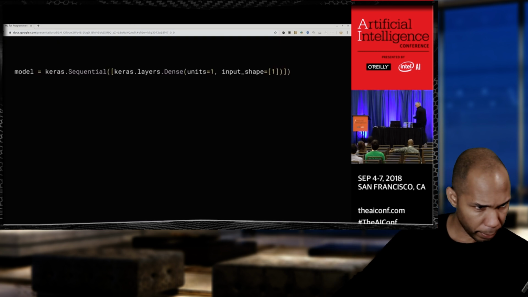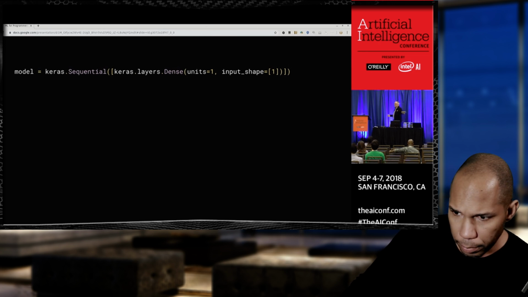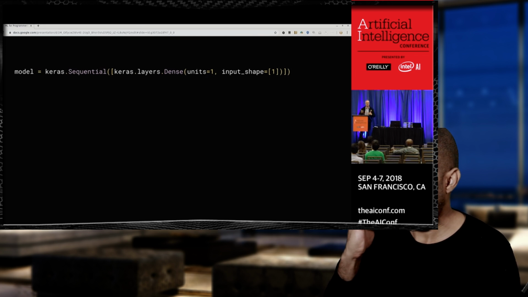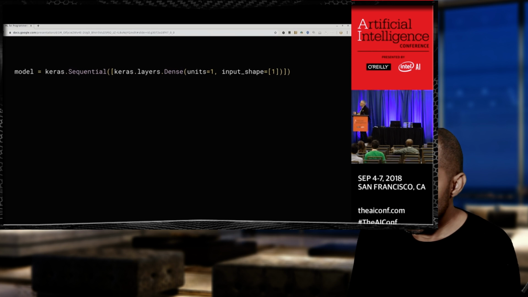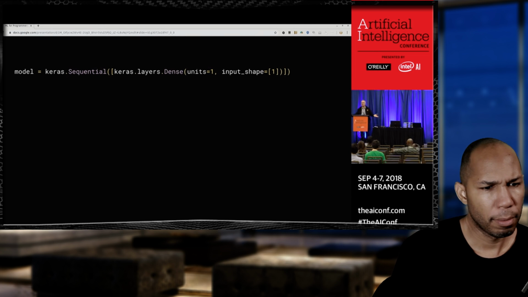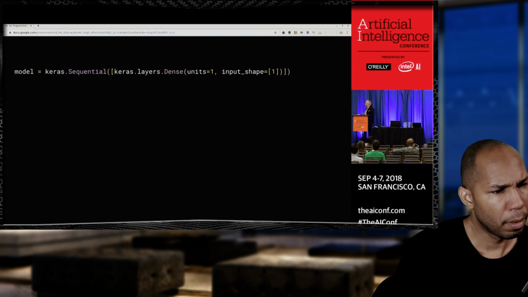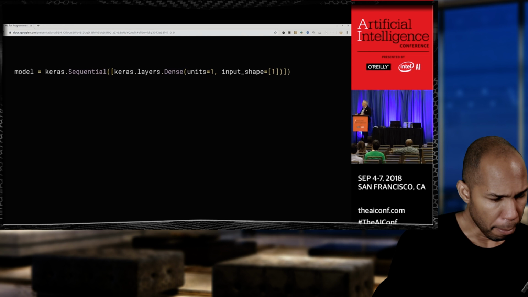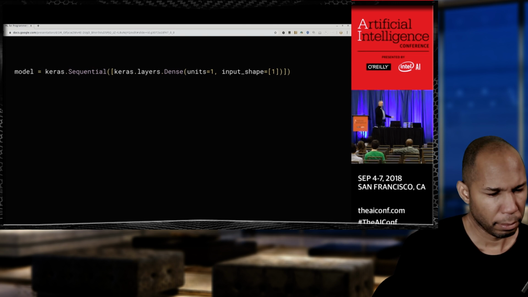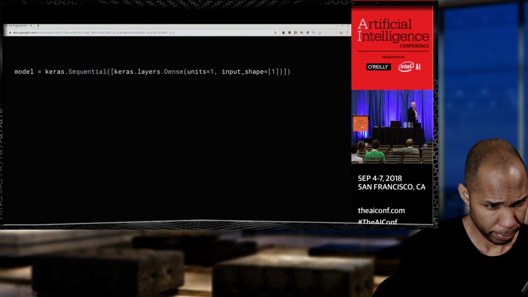So using TensorFlow and using Keras, I don't have the code on my laptop, so I got to look back at the screen, sorry. So using TensorFlow and Keras, here's how I'm going to define a neural network to do that linear fitting in just a few lines. So the first thing I'm going to do is create my neural network. This is the simplest possible neural network. It's got one layer with one neuron in it, and this is the code to do that. So where you see keras.layers.Dense, units equals 1, input_shape equals 1, all that I'm doing is saying I've got a single neuron, I'm going to pass a single number into that, and you're going to try and figure out what the number I want to come out of that is.